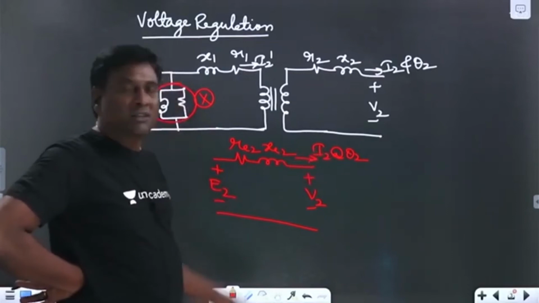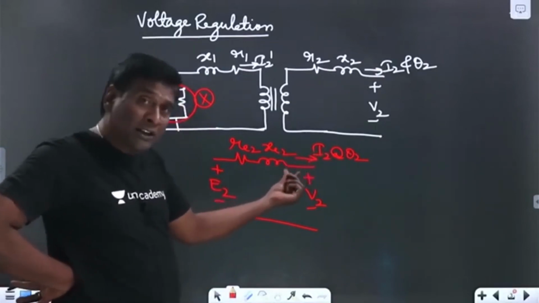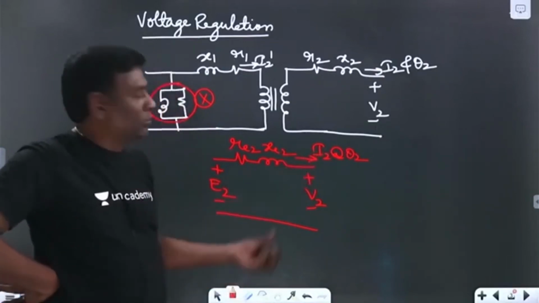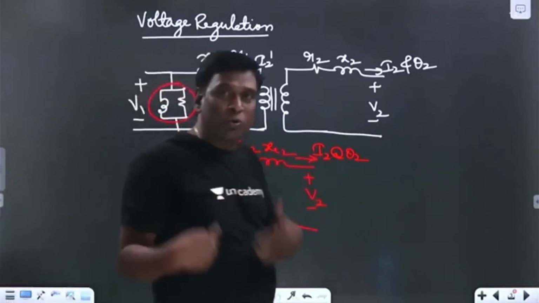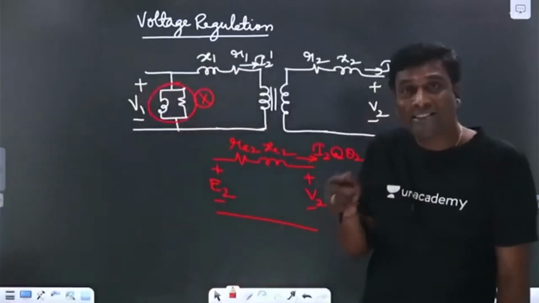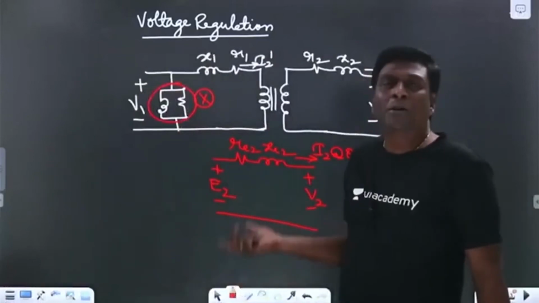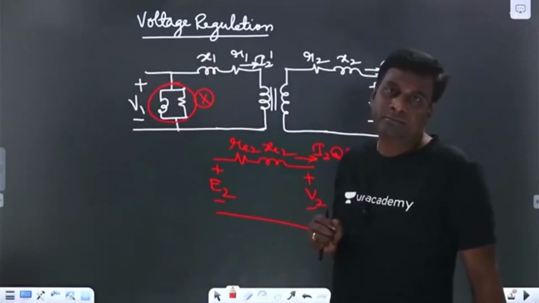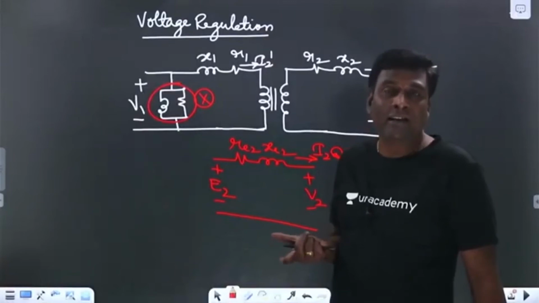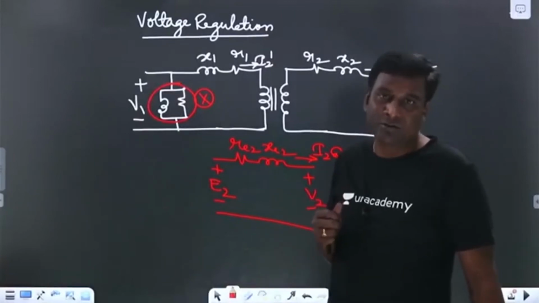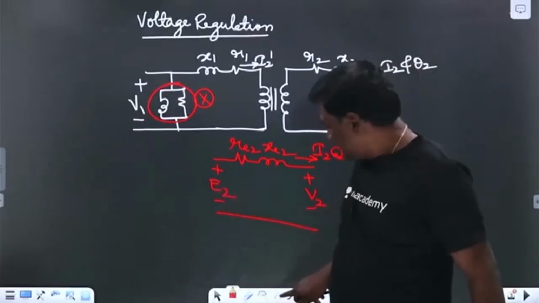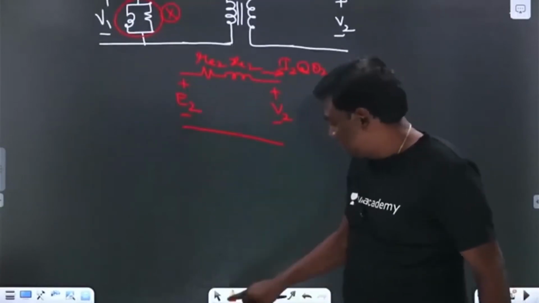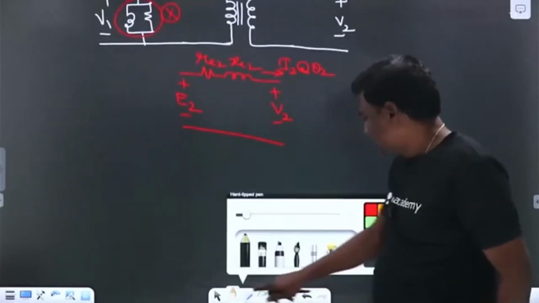And in distribution transformer, this can be full load or half load or 10% of full load or 3/4 full load, we don't know. Because the distribution transformer is the one directly supplying power to your home, that load is going to vary. There will be huge variations in distribution transformer, and in distribution transformer, tap changer will not be there.